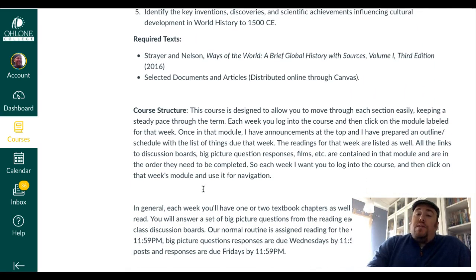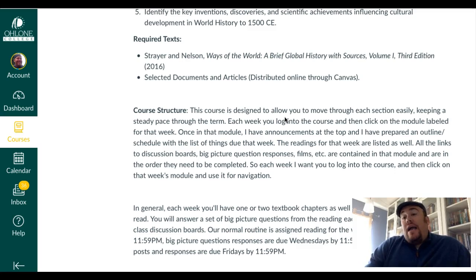There's only one book that's required for this course, and it's a book called Ways of the World. Now, Ways of the World is available in the bookstore. It's also available online through our bookstore. You can order it directly there or from another bookseller of your choice. You only need volume 1, but make sure you get it with sources. In this class, we will be reading some of the primary sources, so you'll need it with sources. So if you're not going to order it from our bookstore, use the information, including the ISBN number, to make sure you get the right one.